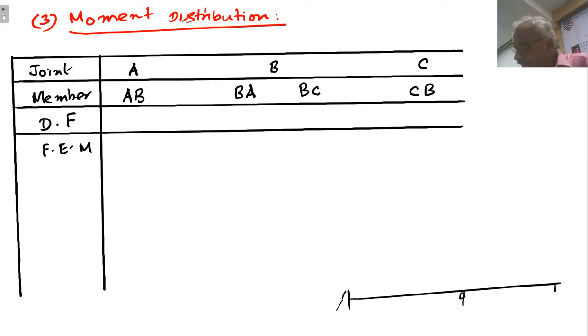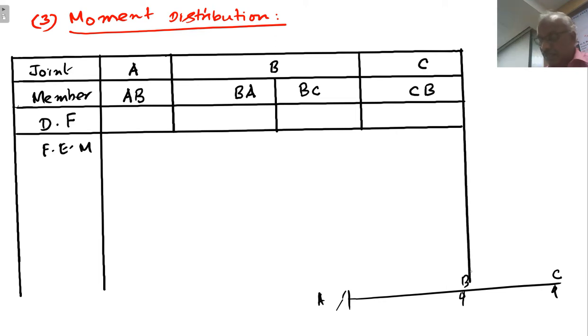So it's a continuous beam, A, B, C. Now what we have to do is divide this like this. There is only one member at A, so you stop here. And in joint B there are two members, therefore below B you have to draw this division. Yes, that's about B, and here the final.